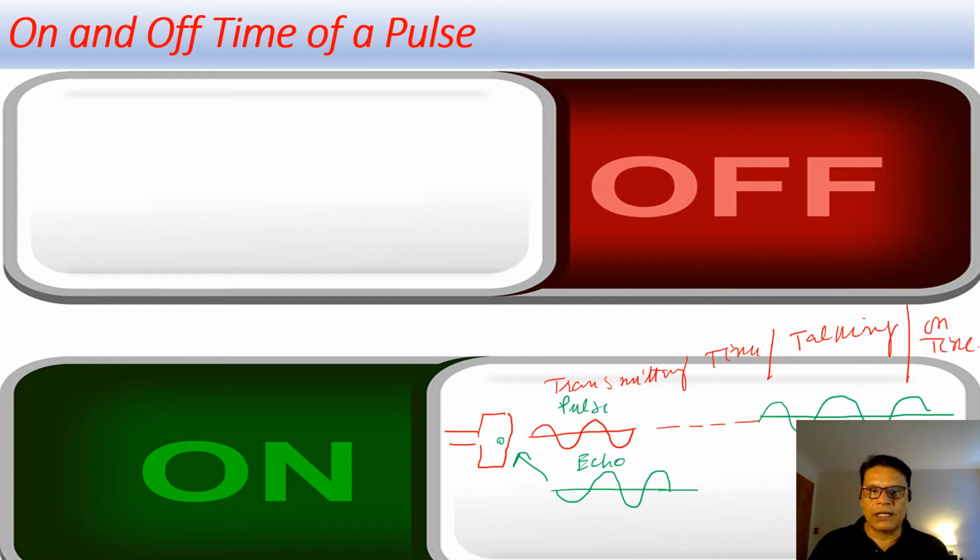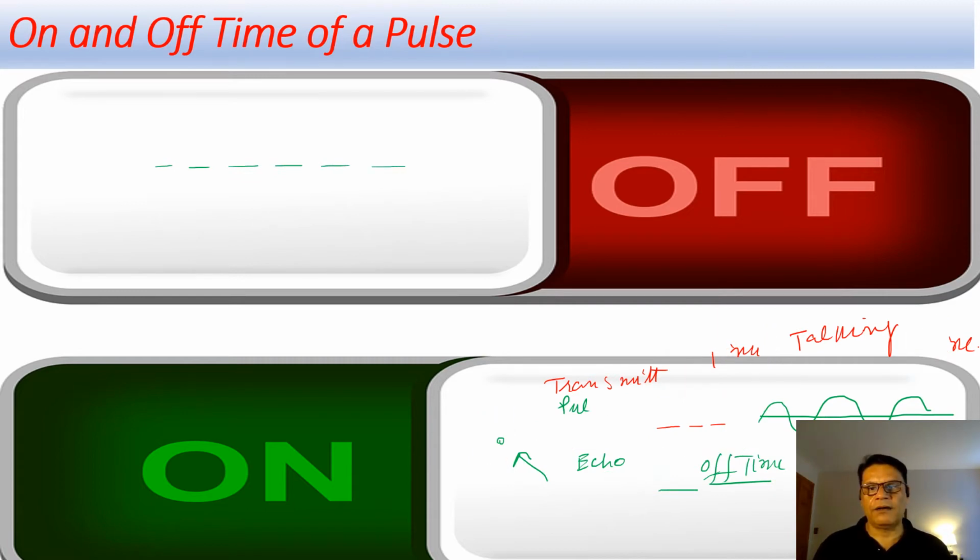So the time when the transducer is not producing any pulse and it's waiting for the echo is called off time, or receiving time. So off time is actually when the transducer is silent, and